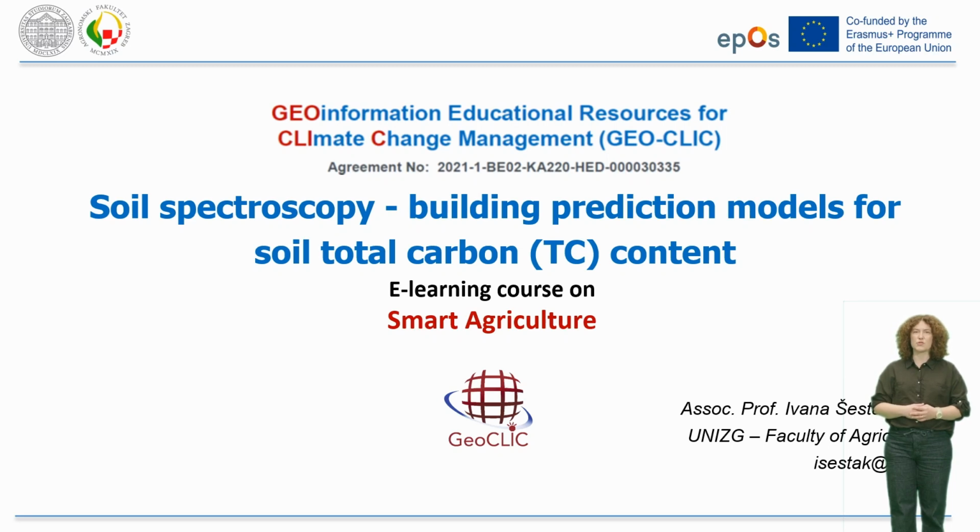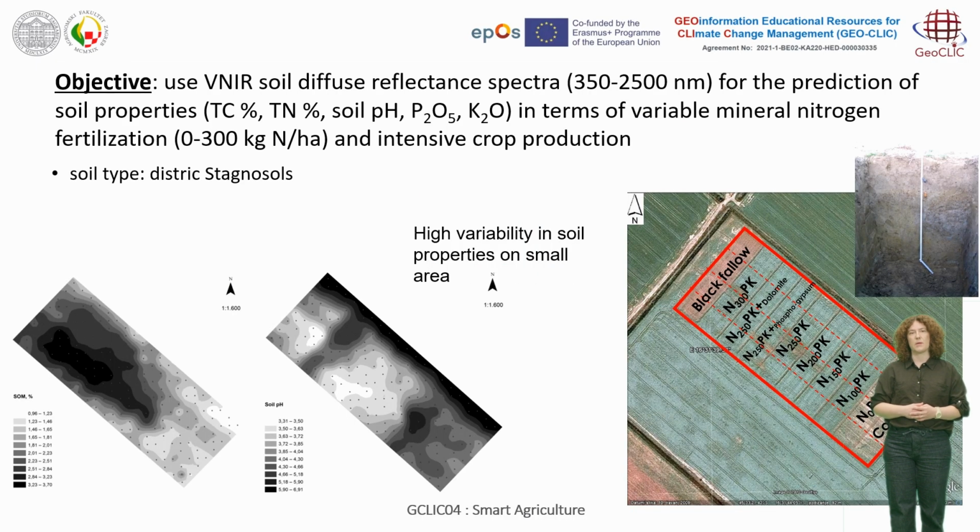This is a lecture with instructions for practical work within the subject data analysis, proximal spectroscopy for building prediction models for soil total carbon content. The exercise for model prediction was based on one experiment done at the Faculty of Agriculture, whose objective was to use visible and near-infrared soil diffuse reflectance spectra in the wavelength range from 350 to 2500 nanometers for the prediction of soil properties: total carbon, total nitrogen content, soil pH, and plant available phosphorus and